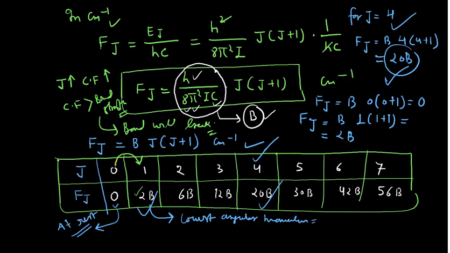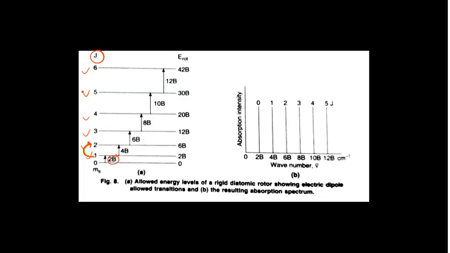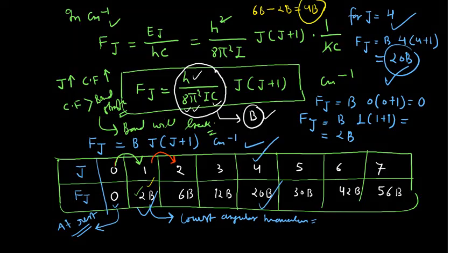So, in case of 1 to 2, what you can check here, go back. See, now you are coming from this 1 to 2. So, when you are moving from 1 to 2, what is the difference? Difference you can see here, 6B was already there, and then you have subtracted 2B, that will give you the 4B. So, here it was only 2B, but from here to here it is 4B. So, now you can check here, this gap actually increases, this 4B. Now, if you go from this 2 to 3, J equals to 2 to J equals to 3, now again go back, this is actually your J equals to 2 and you are coming from J equals to 2 to J equals to 3.